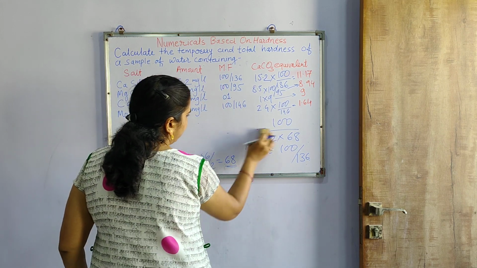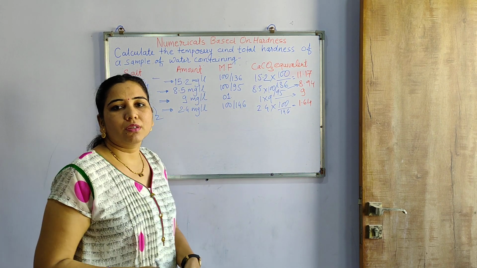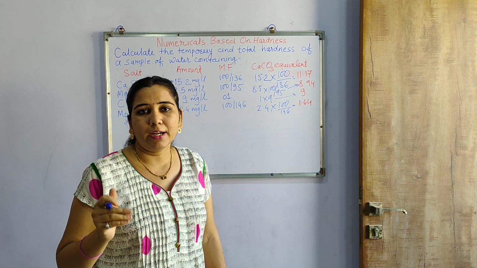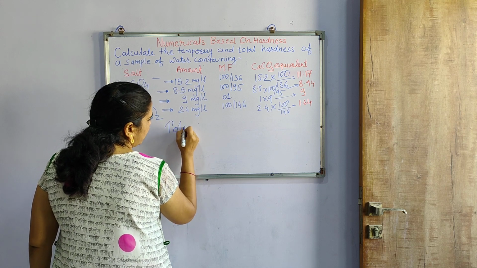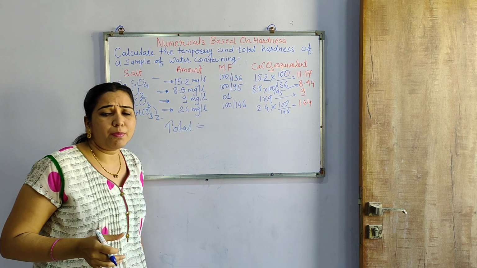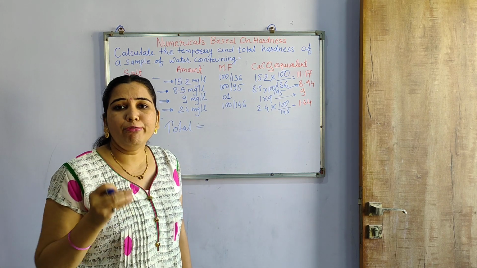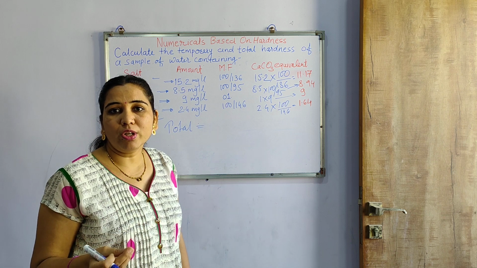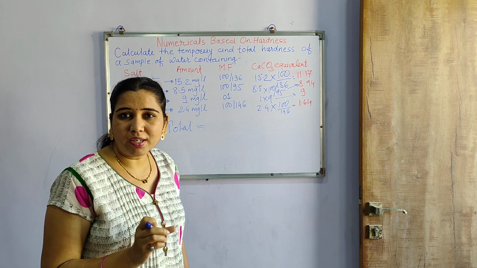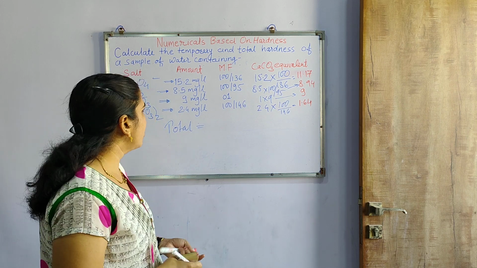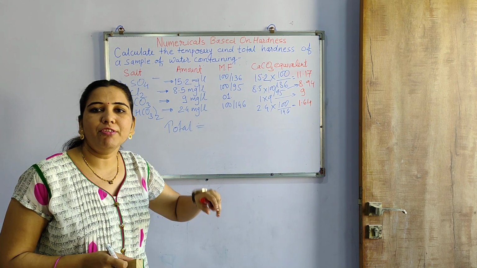Now there are types of hardness. Total hardness is of two types, temporary hardness and permanent hardness. And if we consider all three, then I just say there are three types. Total hardness means all the salts which are present in your problem are to be added. Only a few exceptions are there, like sodium chloride, potassium chloride, and ferric oxide; such salts which are given there are not to be added. But those salts which are present in our problem are all responsible for hardness. So that's why we will add all of these.